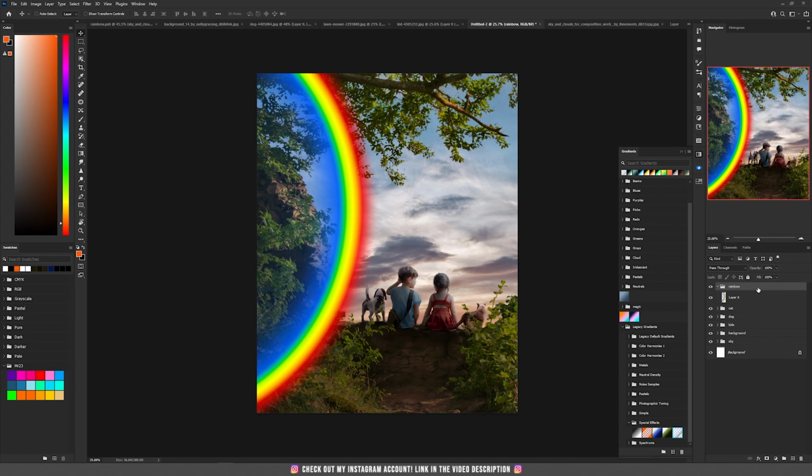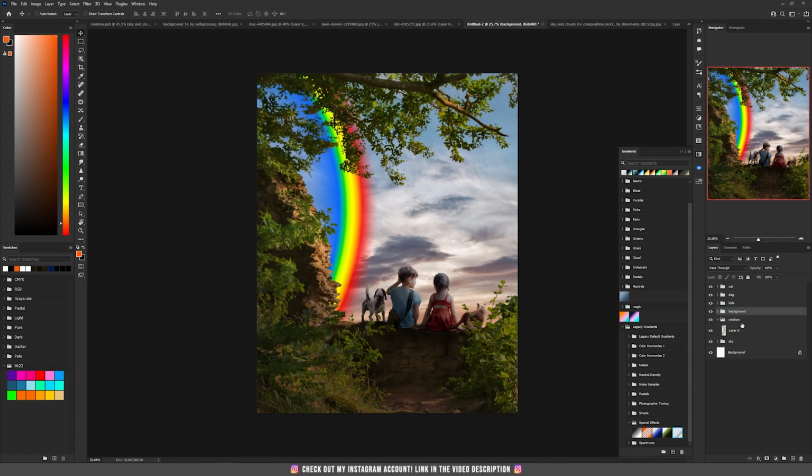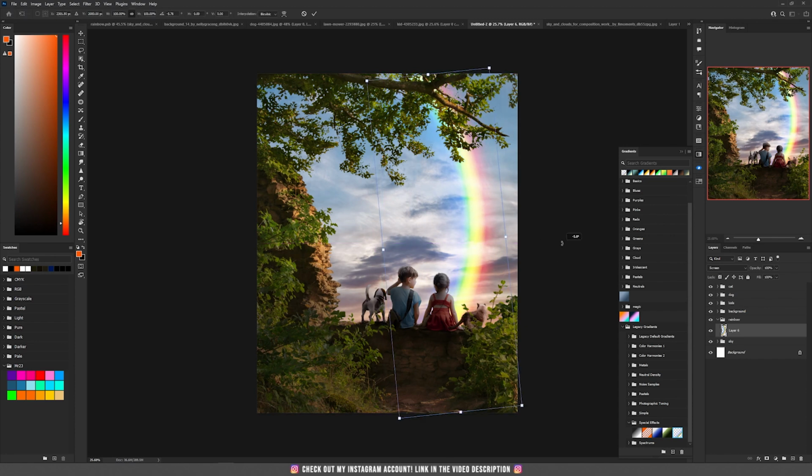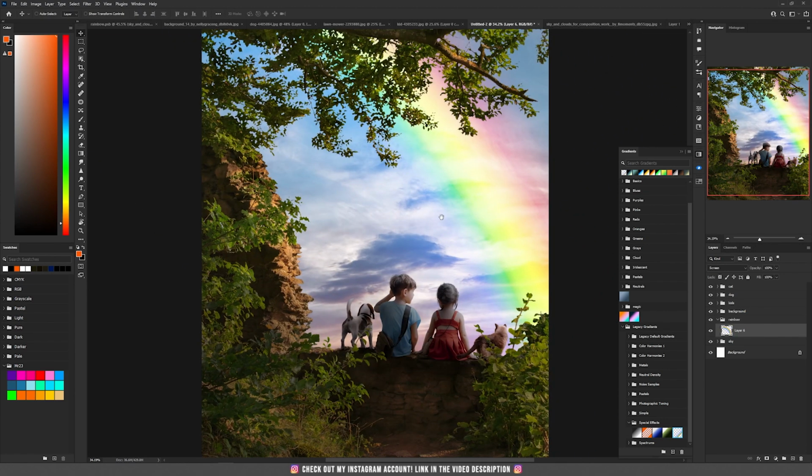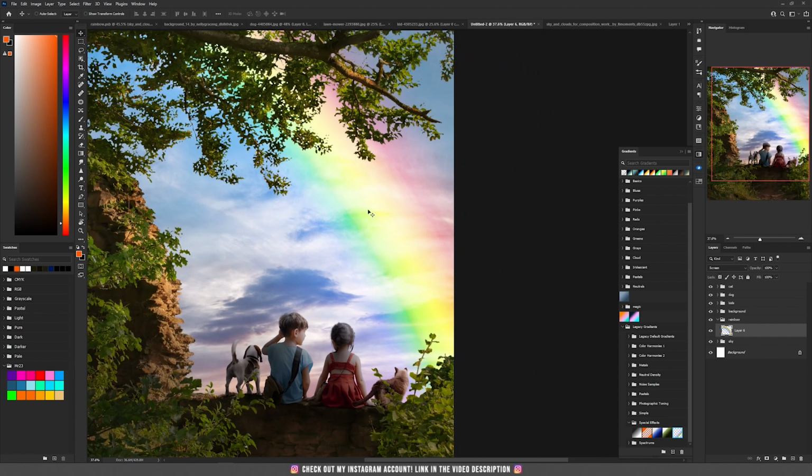Let's drag the rainbow group underneath our background, so it should be behind the background and in front of our sky. Choose screen on the layer and drag it to the left. Now press Ctrl T and rotate it to the left, and let's make it bigger and bring it back. And I think it is too bright and too saturated, and we are going to change the opacity to around